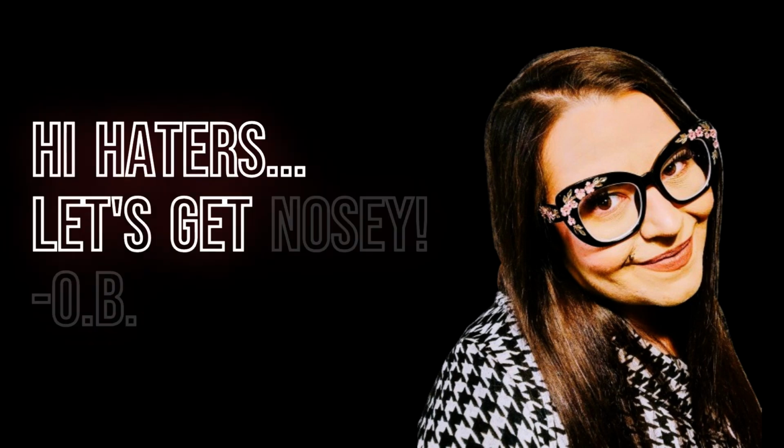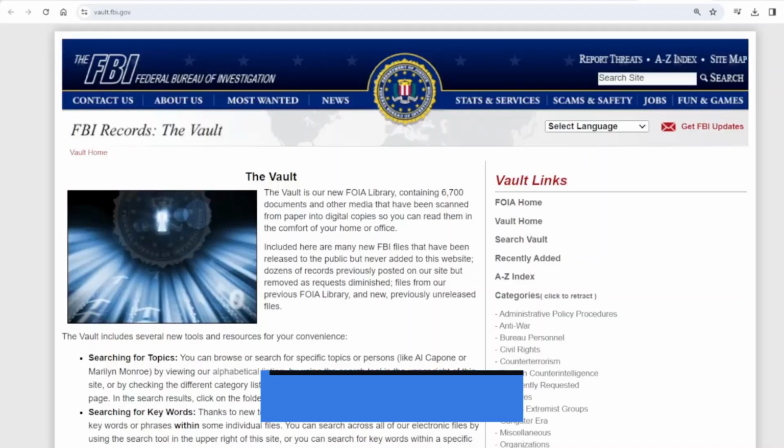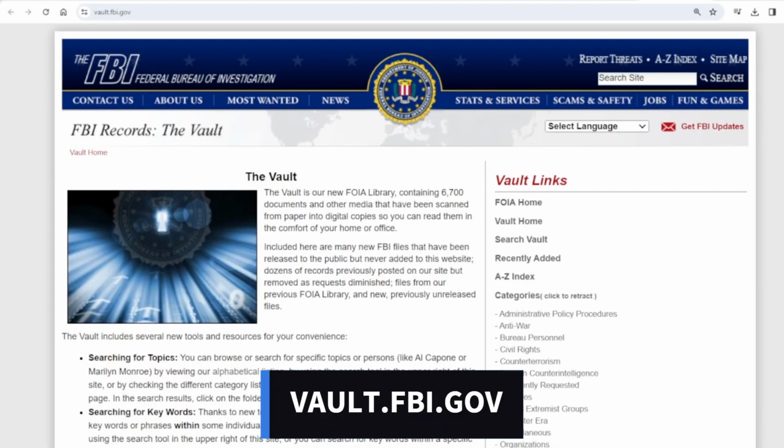Hi there, Oblivious Benson here, and let me introduce you to this little abomination of a time suck, and it's called the FOIA Vault. The FOIA Vault will induce both insomnia and anxiety while distracting you from the fact that